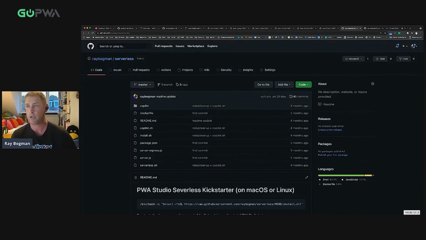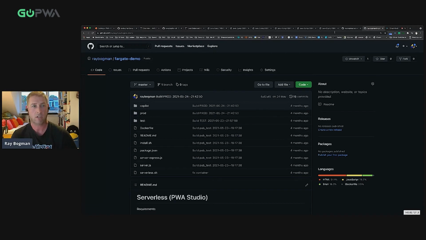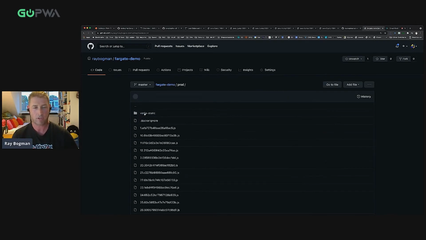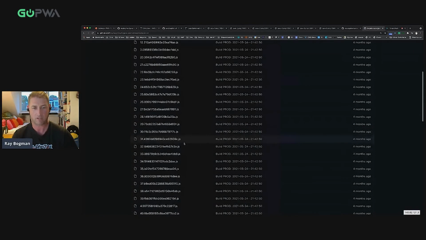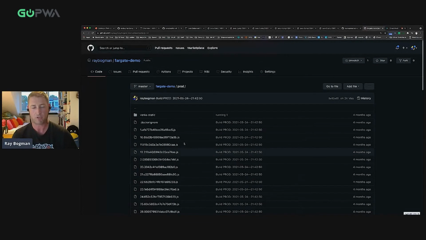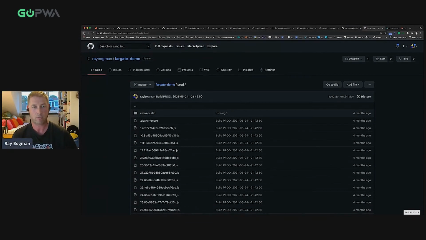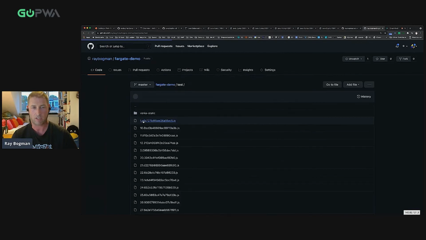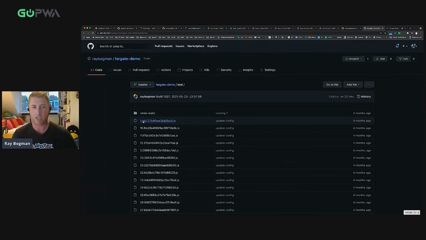So let me show the next thing, and then we can wrap it up, is that this Fargate demo environment, as we see, has a production environment with all the necessary files needed to create that specific container to deploy it. This one is for production and going back, and this one is for test. So this way I had the ability to more or less split production and test within one environment while running